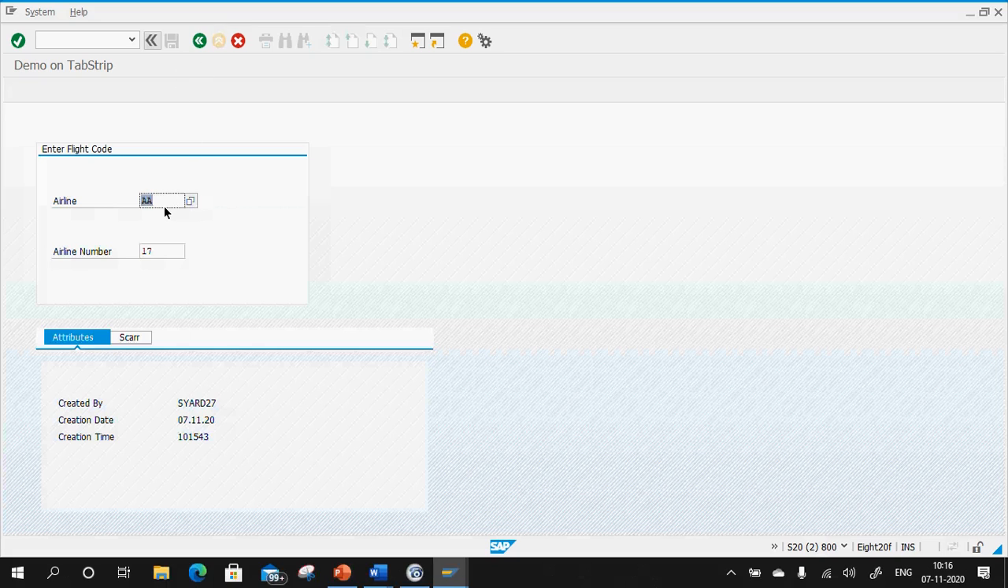Now the other thing which I wanted to show you is, suppose if I am not specifying anything here and if I am not specifying anything here, rather than showing the system message, it should show me my own message. I want to validate both the fields at one go and show my own message. So how I can do it is, in the PAI,